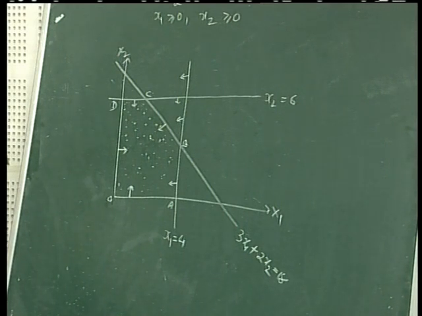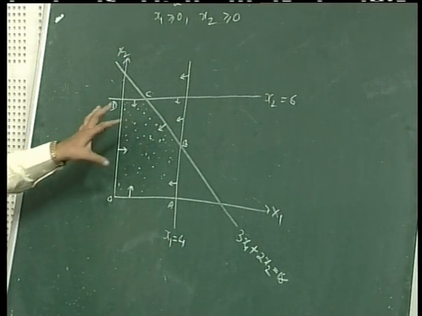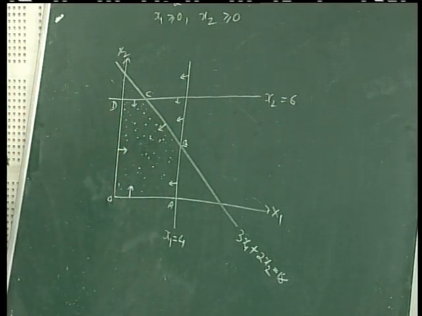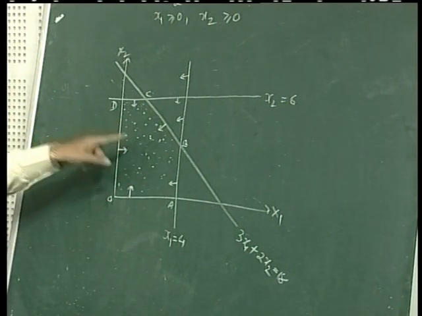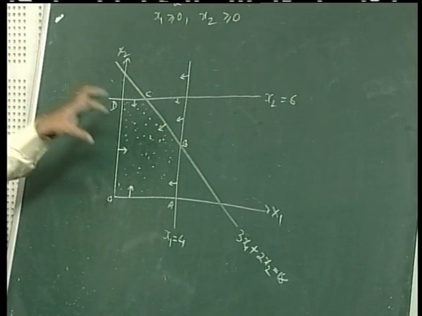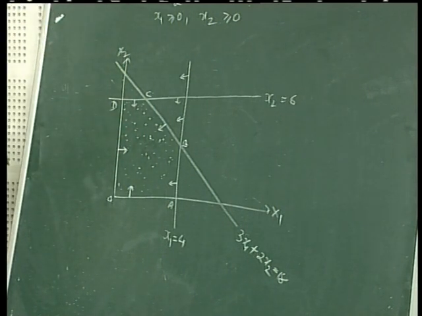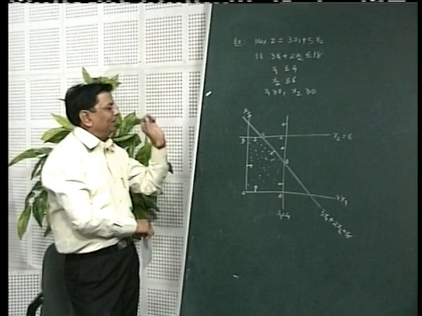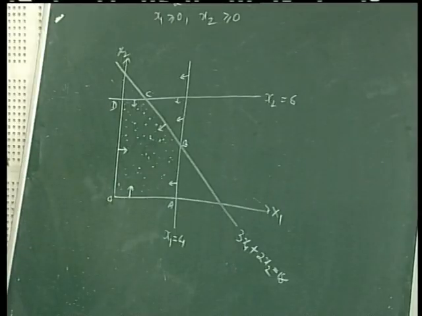Now on the theoretical part of this, in fact many cases are there. It may happen that you don't get any such common region. It will happen when the constraints are just opposite. You are getting one arrow on this side and the other arrow on this side, so nothing is common. So when the common region does not exist at all, then the problem does not have a solution. So an LPP may not have a solution. And then it may be unbounded. Like here it is a bounded one, but it may be unbounded.